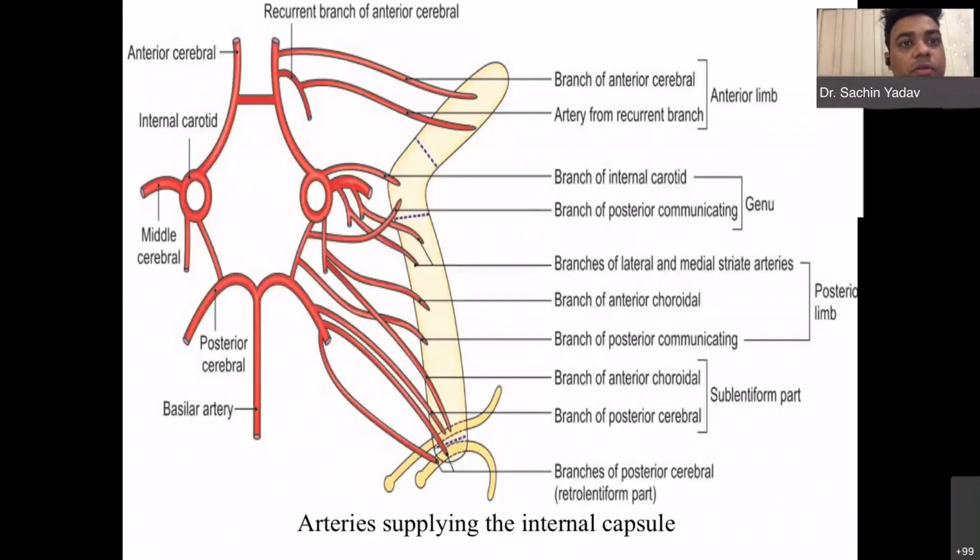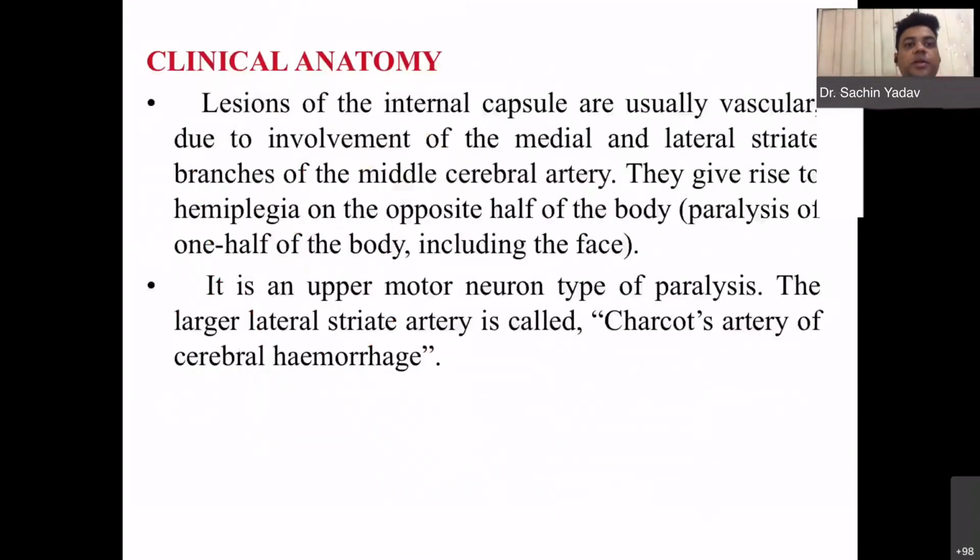If this one is affected, then the whole of the upper and the lower limb can get affected on the opposite side. And why is the opposite side affected? If you remember in the medulla oblongata, I have told you that in the lower part of the pyramid,